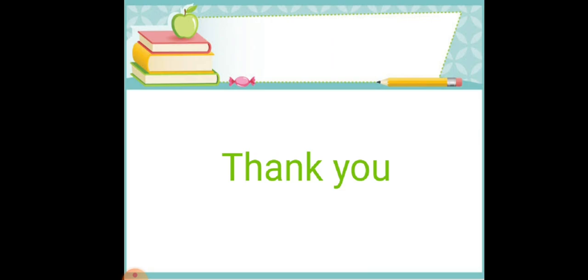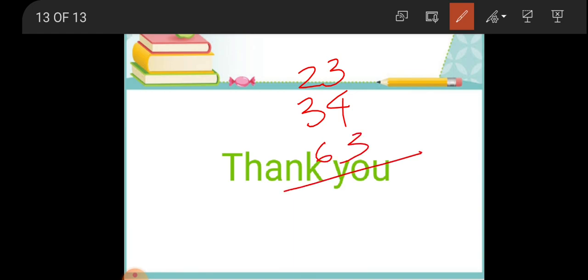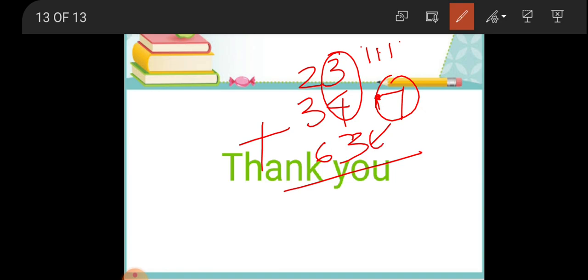Now once again, just one revision. I'll take one sum over here to end up. Okay. I'll take 23, 34 and 63. Let's go. First we will add 4 plus 3, beta. Take 4 in mind, 3 fingers up, do forward counting. After 4: 5, 6, 7. So 7 is ahead. Now we will add 3 to this 7: 8, 9, 10. A 0 came, beta. So 0, and this 1 you will give above.